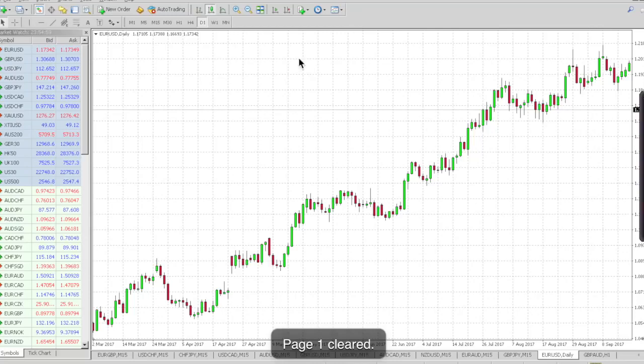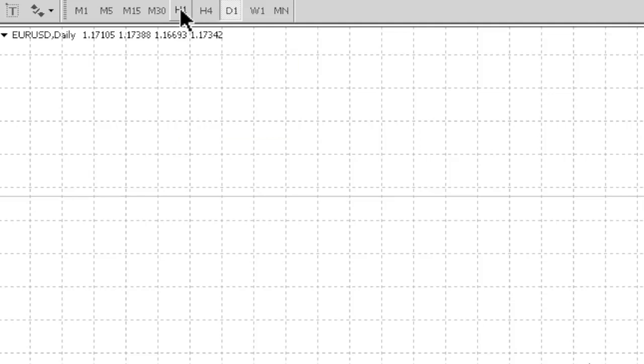So that's not my style, right? You can do that if you want to. Next would be, I mentioned swing trading, right? Swing trading is, again, you tend to look at hourly candles as a swing trader. So when you click H1, it's hourly candles.